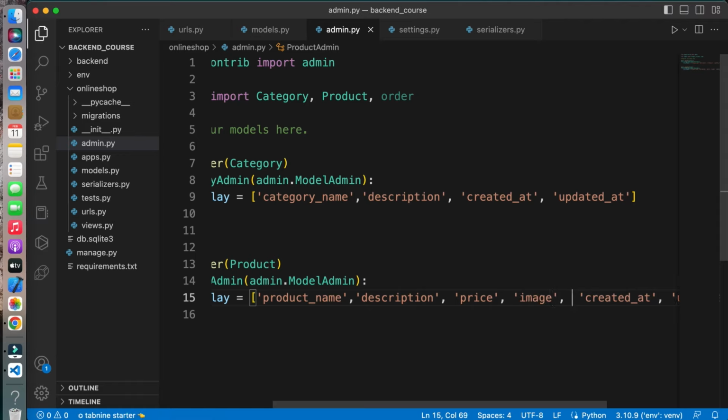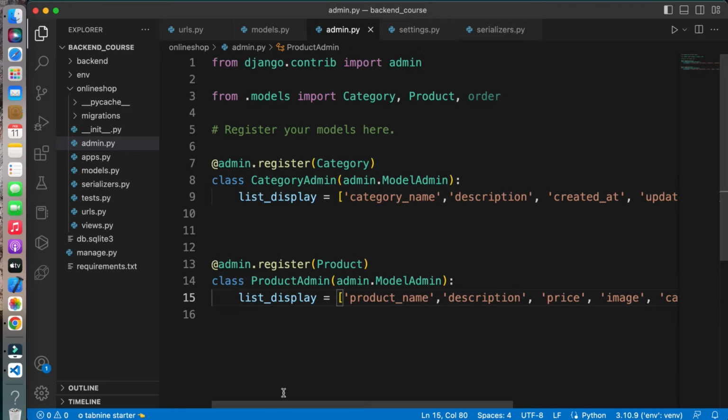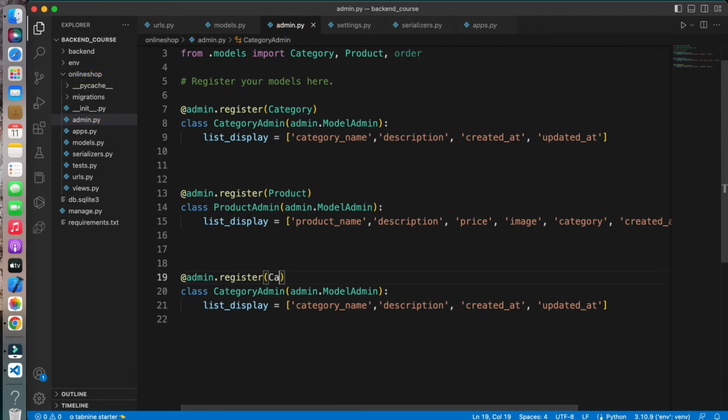And next we have field, which is category. So we have now registered our product model as well. Now let's register our order model. We can replace with order